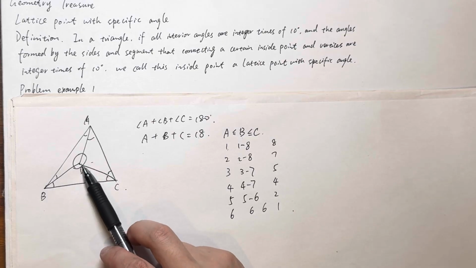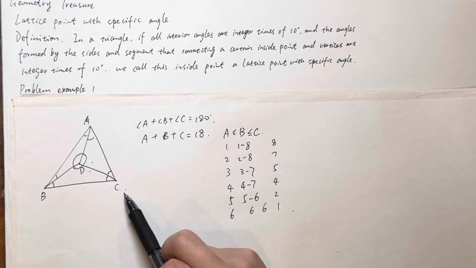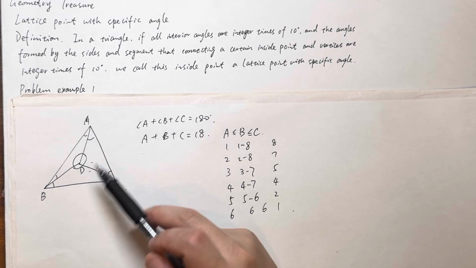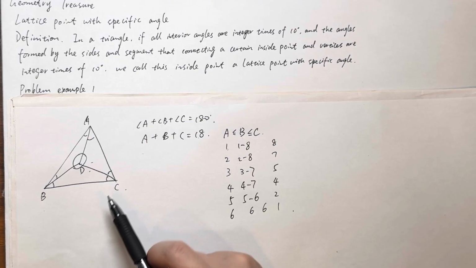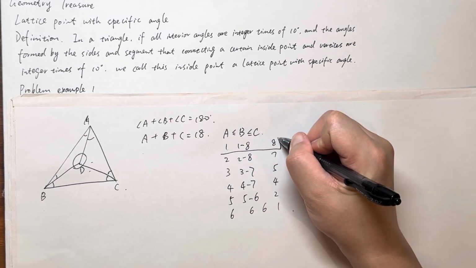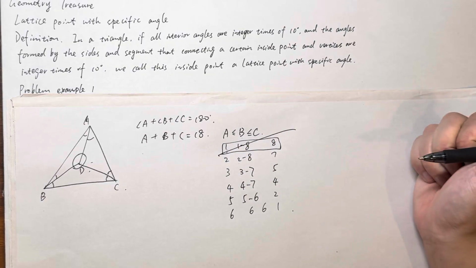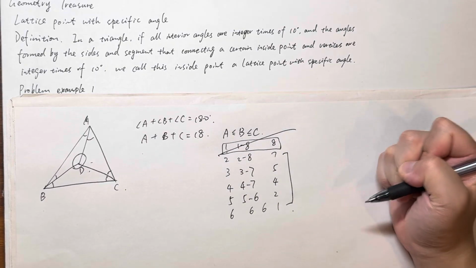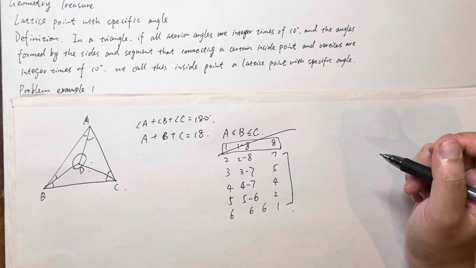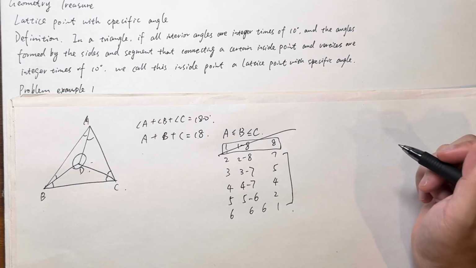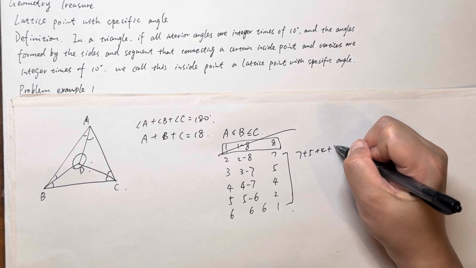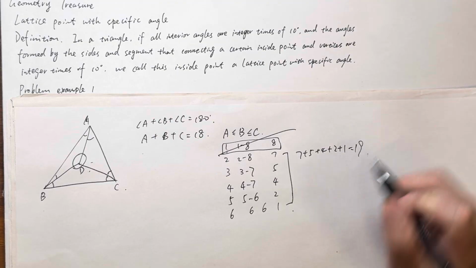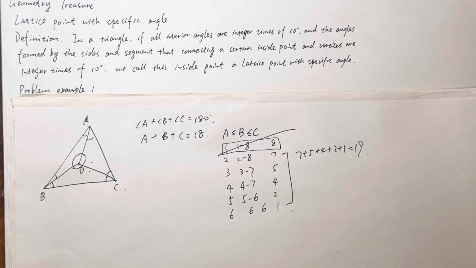And remember that D is a point inside the triangle ABC, which means angle A, angle B, angle C should at least be 20 degrees, right? So all of the cases with a 10-degree angle are invalid, which means the remaining cases are the ones where a lattice point with specific angle can exist. And how many cases are here? 7 plus 5 plus 4 plus 2 plus 1, which is 19. So we have 19 cases here,